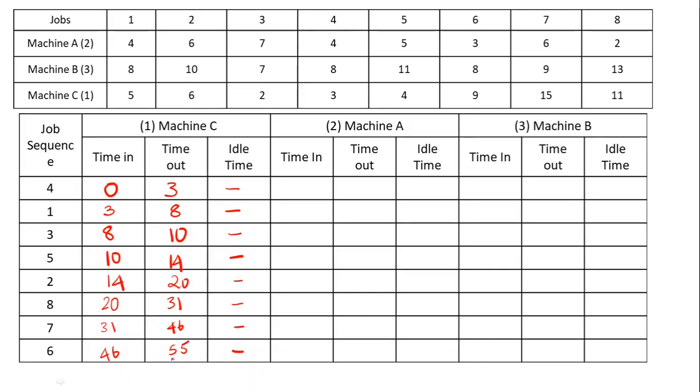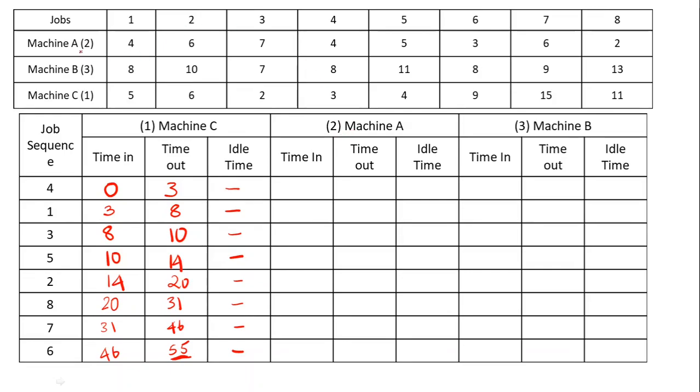So at the 55th hour, the entire process of mission C, or the first mission, will be completed, after which this mission will not be operating. After this, mission C is going to be completely idle. Once this process is completed, then we'll get to the second mission, mission A.